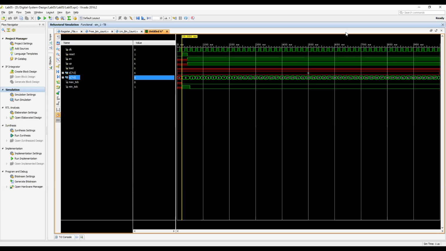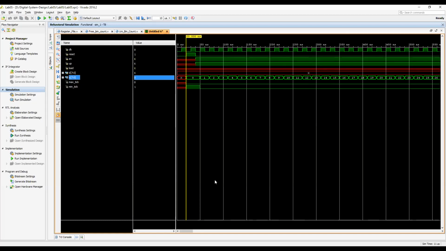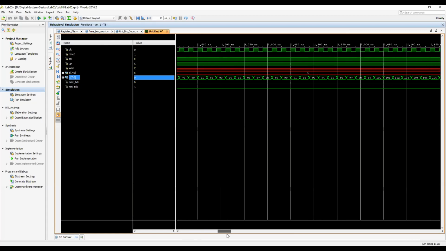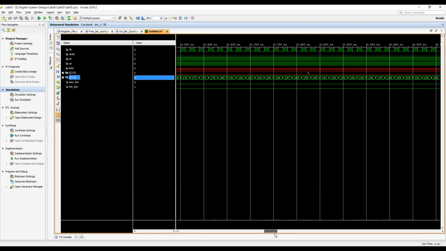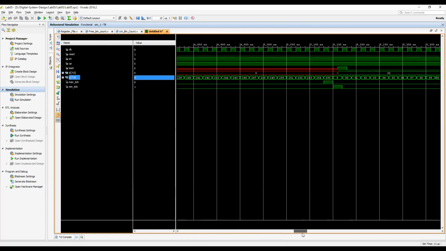It goes to 255, and after 255, max tick is generated. After that it goes to 0, and then min tick is generated.